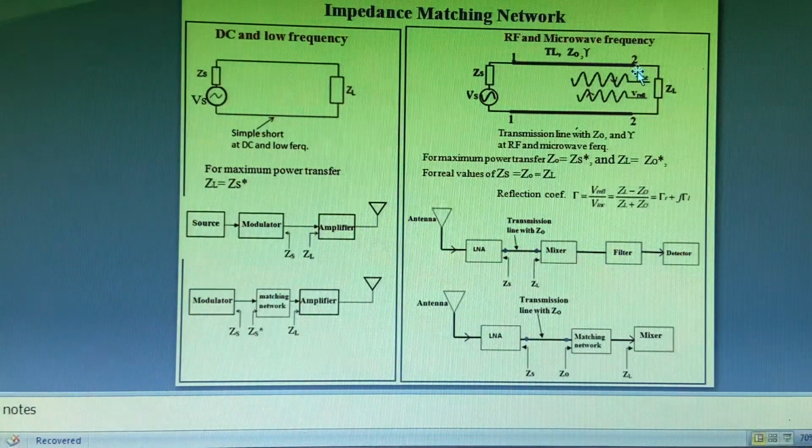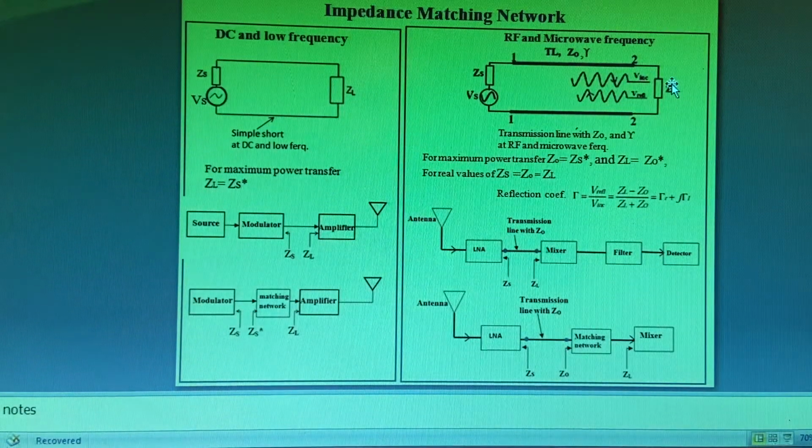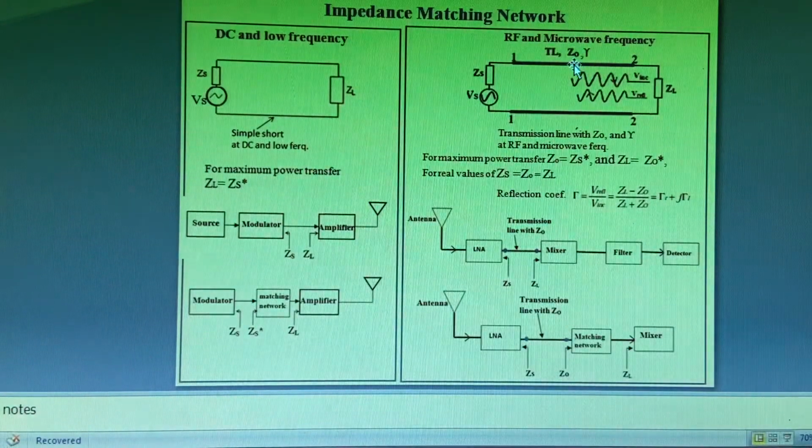Whenever there is a discontinuity, a part of the incident power will be reflected back like this. This is a waste of energy. So maximum power will not be delivered to the load Zl. For maximum power transfer, Zl must be the complex conjugate of Z0, or Zl must be matched with Z0. Otherwise, reflection will take place like this at higher frequency. This reflected wave has its own magnitude and phase with respect to the incident wave. So the greater the reflection, the lesser the power transfer to the load Zl.